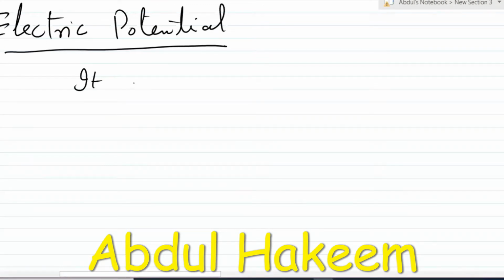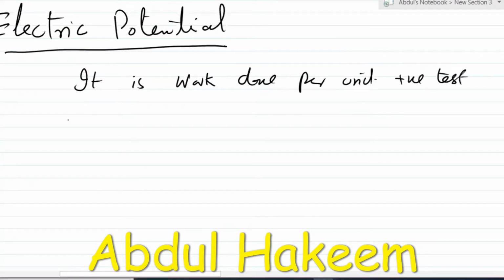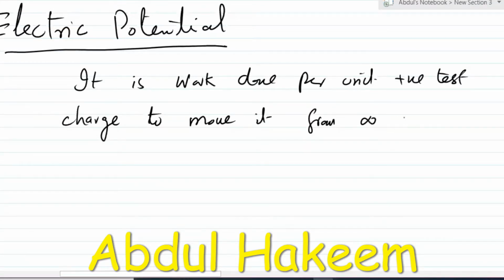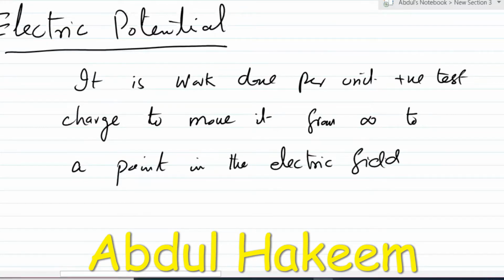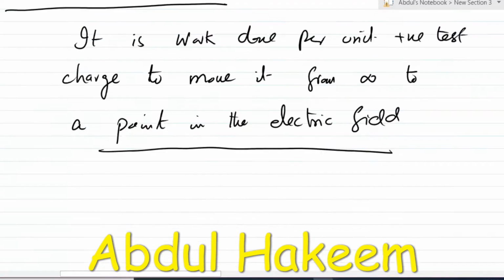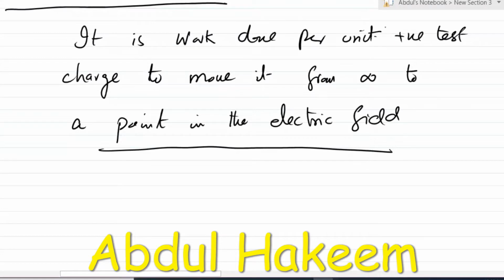So electric potential is the work done per unit positive test charge to move it from infinity to a point in the electric field. So work done per unit positive test charge to move it from infinity to a point in the electric field